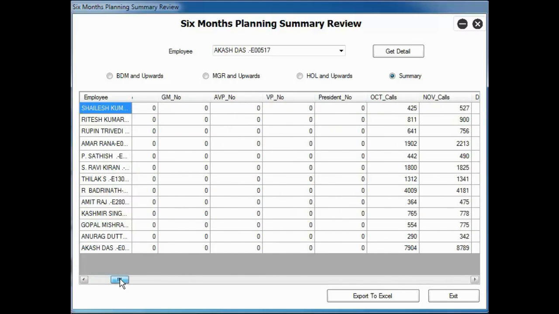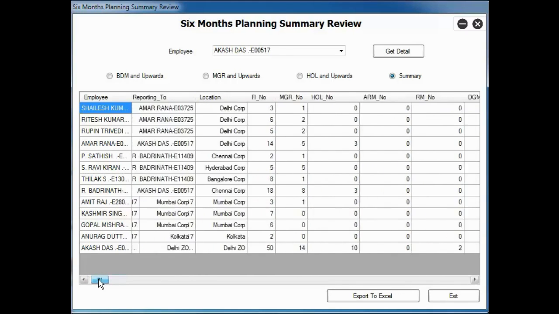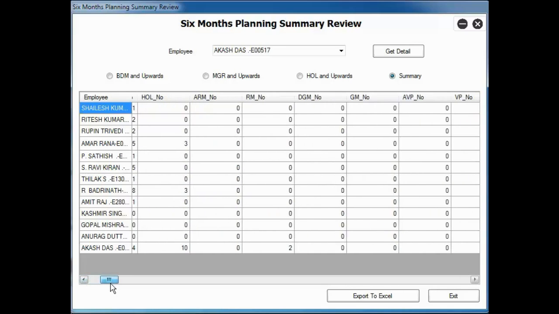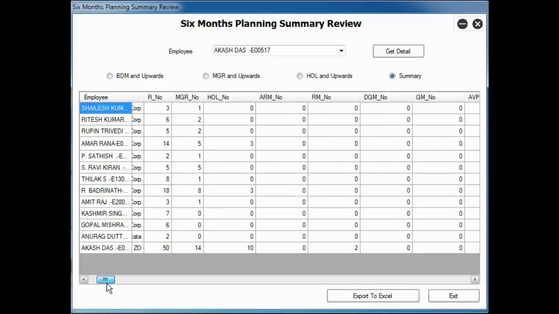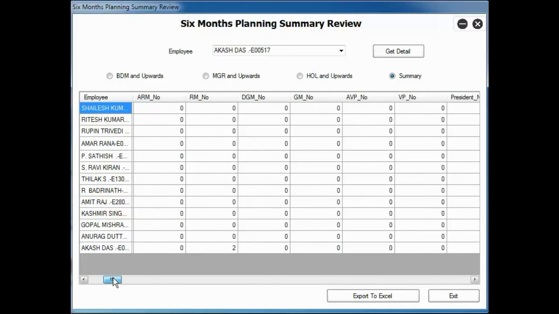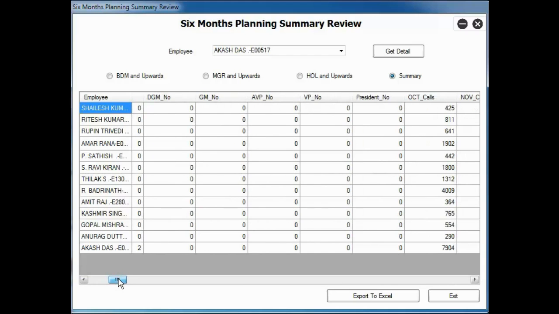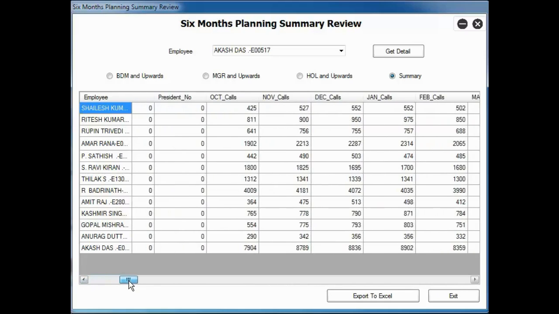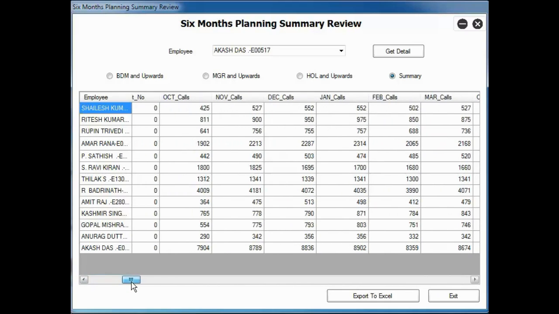Now, had this shown somebody much senior, this would have shown the hierarchy in the same manner, showing the number of designations. All designations of sales are mentioned here. Frontliner, manager, HOL, ARM, RM, DGM, GM, AVP, VP, President. So all the designations are mentioned over here, and each person can see people below him easily mentioned over here. Apart from this, if you want, and of course because this is what you are here for,